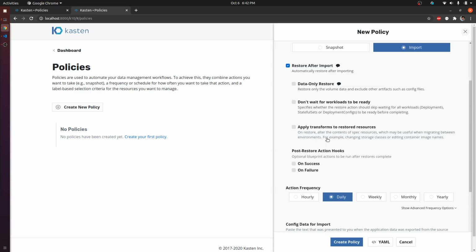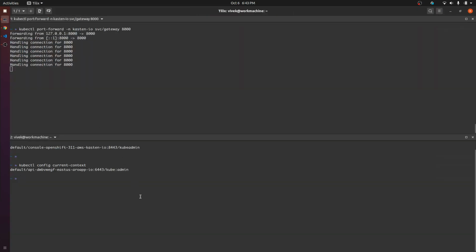Because there are chances that the storage class that was being used in the source cluster is not there in the target cluster, right?